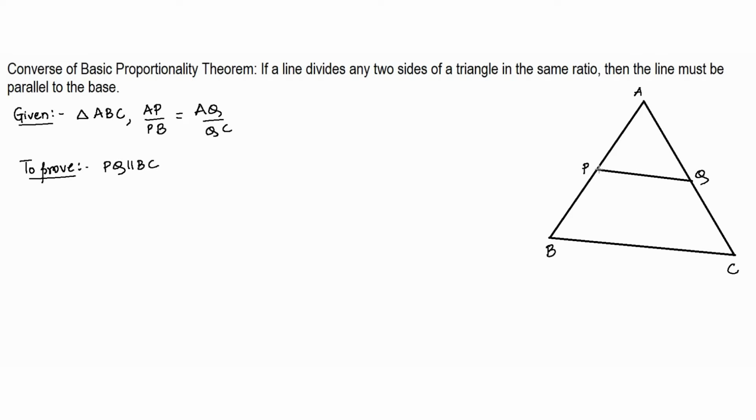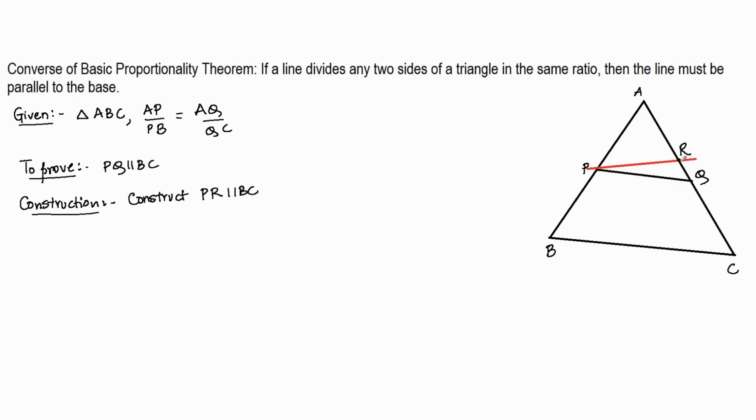Now let us consider that PQ is not parallel to BC. So let me now draw a line such that it is passing through P, it is parallel to BC. So let us consider that the line which is parallel to BC passes through the point R on AC, right? So I would say in construction, let me state that construct PR, construct the side PR parallel to BC, right?